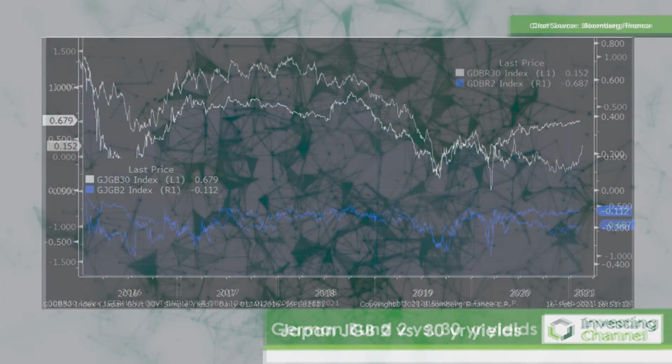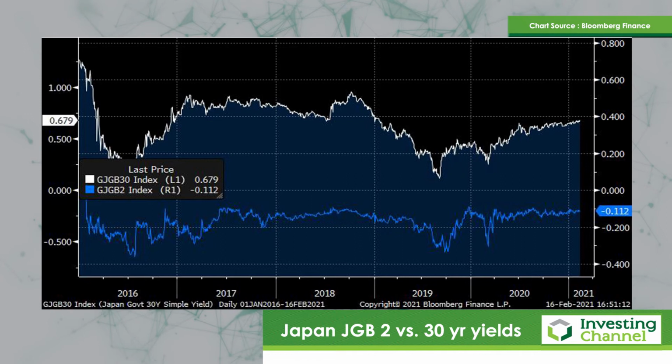Interestingly, in the fourth chart today, what one can see is Japanese 30-year yields are not only above where they were at the start of 2020, they're almost above levels where they were at the start of 2019. So this is a marked upward shift. And even here, there's been somewhat more of an upward adjustment in yields in the 2-year area, primarily a recognition that the Bank of Japan is unlikely to do much with rates in either direction. There had been some talk of them cutting rates further into negative territory, but they're clearly not doing that.